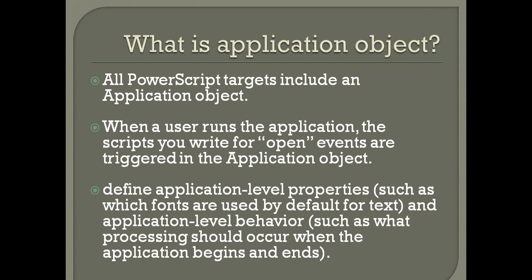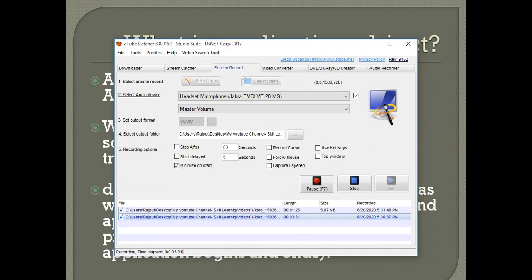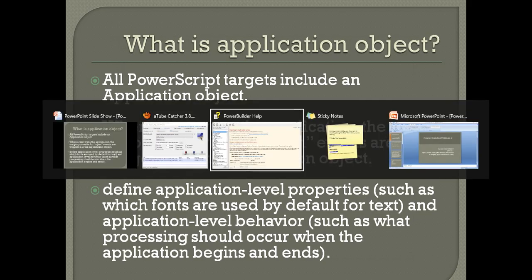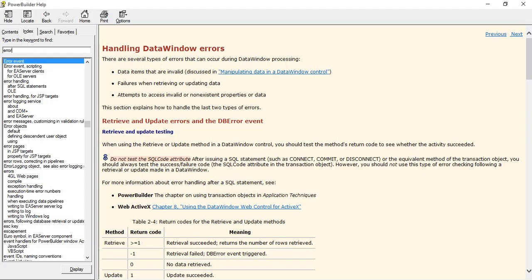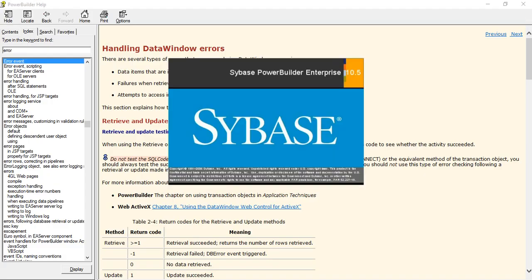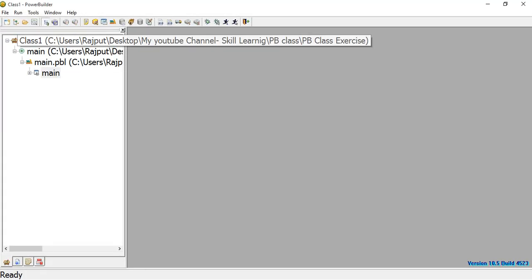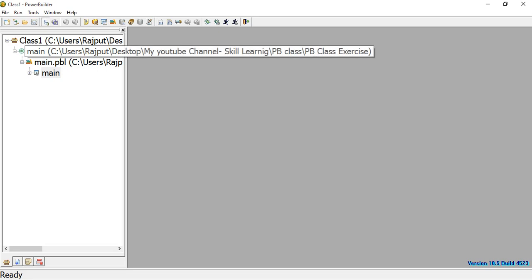Okay, go to PowerBuilder, then you get more. This is where I run PowerBuilder. This is the workspace, this is my library.